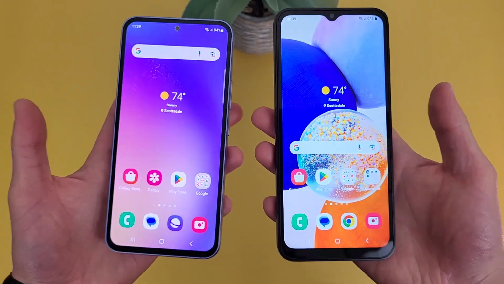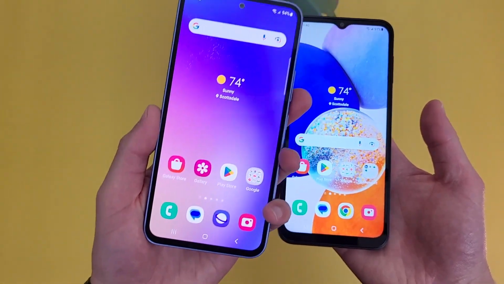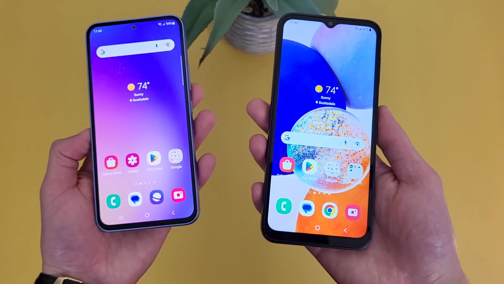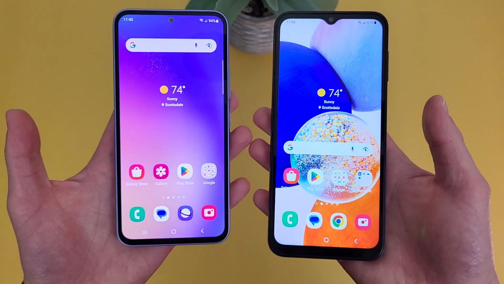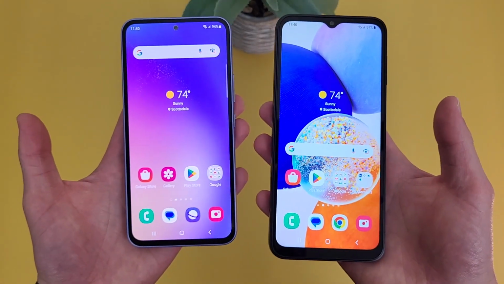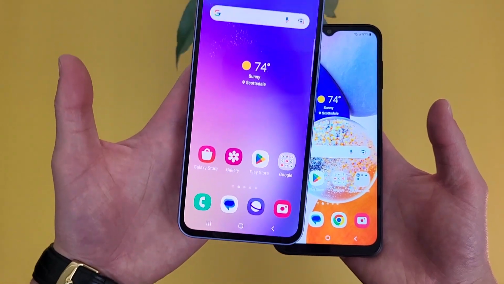So in general, both phones do have pretty good camera setups, but it is worth mentioning, the Samsung Galaxy A54 5G does have an ultra wide camera, whereas unfortunately, the Samsung Galaxy A14 5G doesn't. So if you do want that feature, definitely keep this in mind. And in addition to this, despite both cameras having really good photo quality, the Samsung Galaxy A54 5G is still